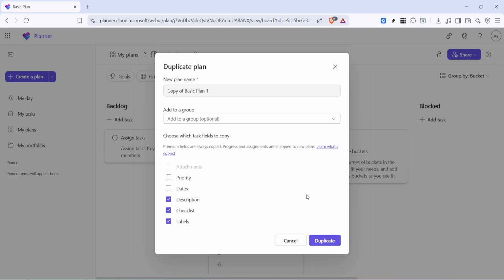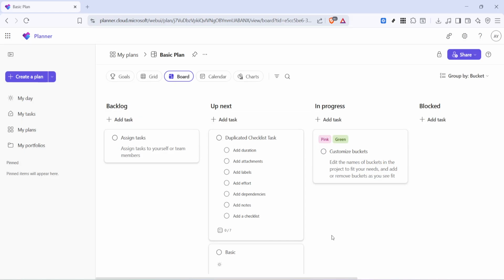Microsoft Planner will then create the copied plan for you. Depending on your connection and the size of the plan, this may take a moment, but it's usually very fast. After the duplication is complete, you'll have a separate plan that you can edit independently from the original. That means you can adjust tasks, deadlines, buckets, and other details in the new plan without affecting the source plan. This is a great way to preserve a master version while creating working copies for different teams, clients, or project